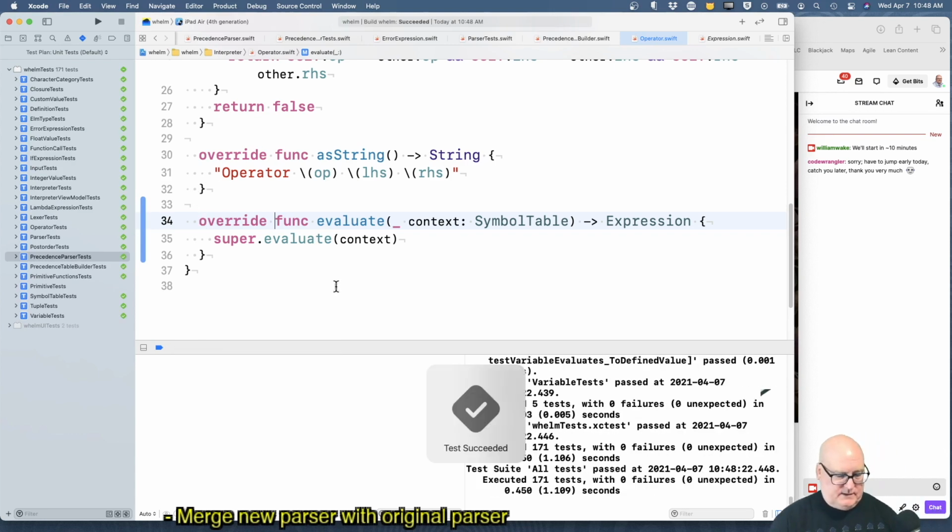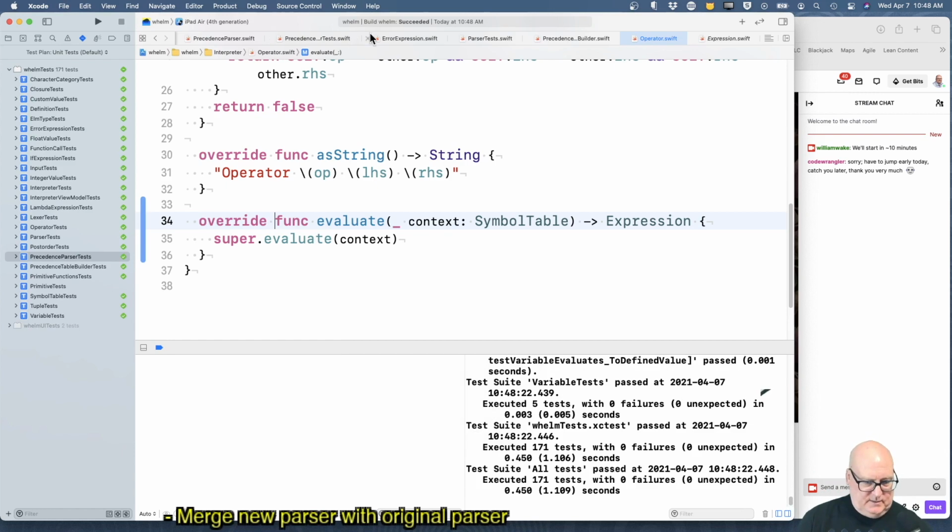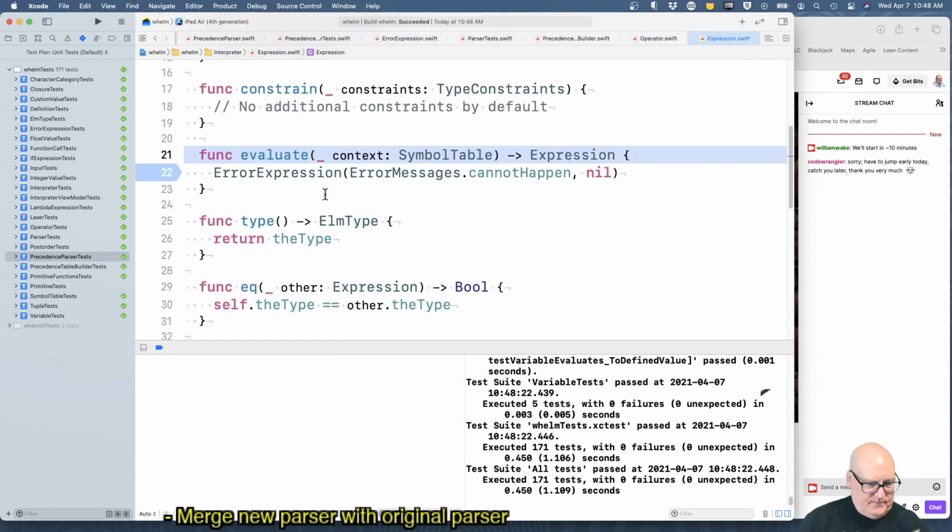And actually, we have a better... This is really not yet implemented yet.